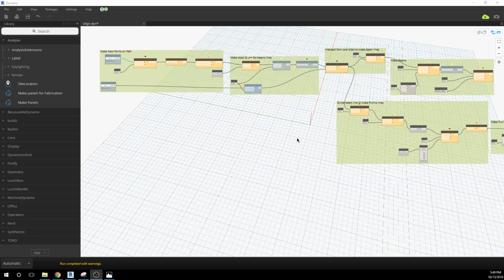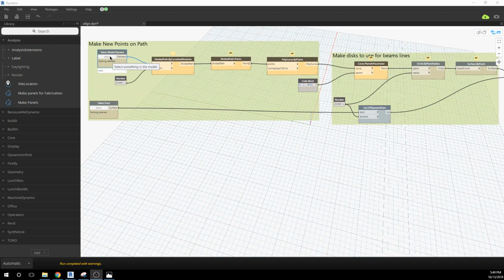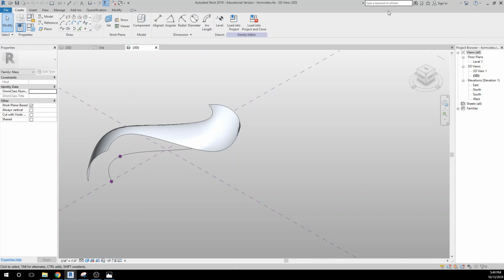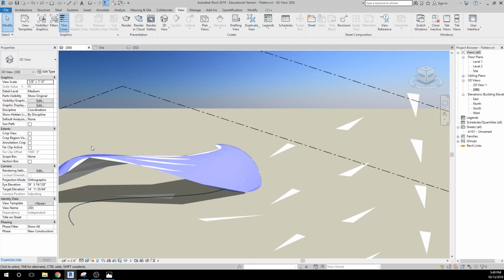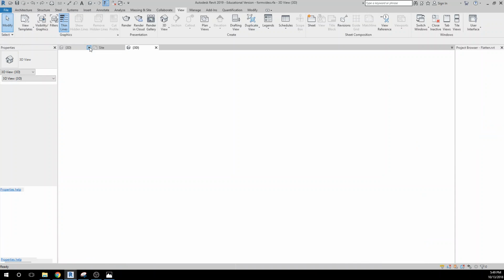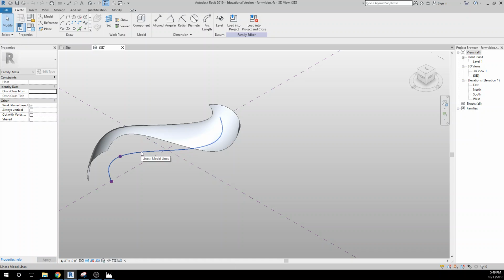So for this next part of making structure on our form, I ran into a little glitch. If I try to actually select the elements inside of the actual project environment, Revit's not allowing me to pick the individual line that I want to use and or the forms as separate elements. So I'm going to close this off and I'm going to just select the line this way in the base form drawing. So we'll go along, we'll build a structure in this, and then we'll actually load everything back into the main